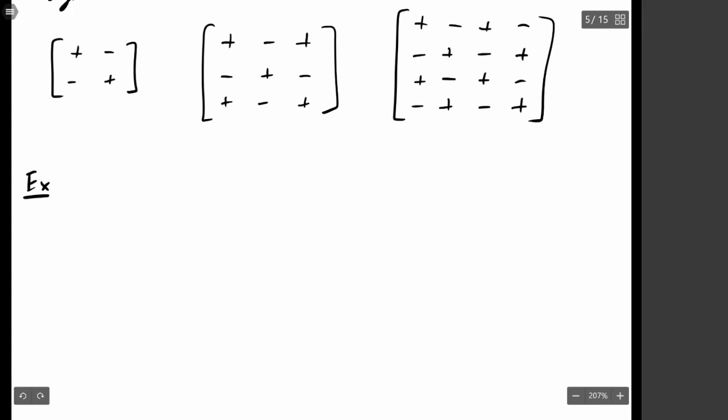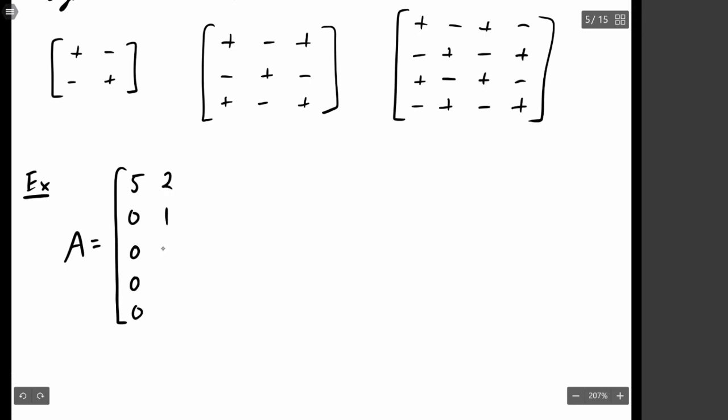So example, let's say A is, let's see, what do we have here? All right, let's do a 5x5. How does that sound? All right, so we got 5, 0, 0, 0, 0,